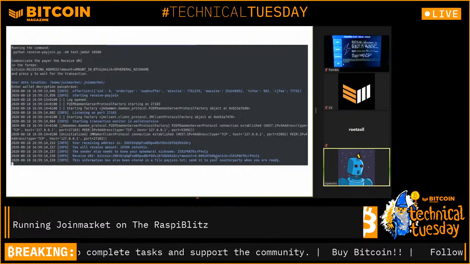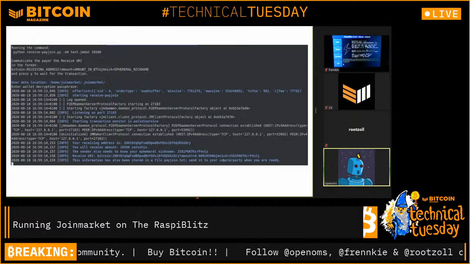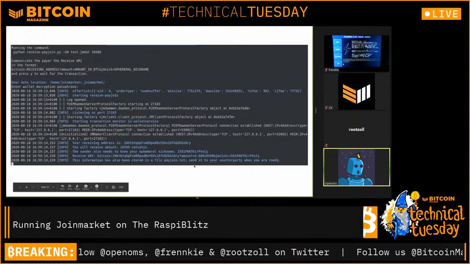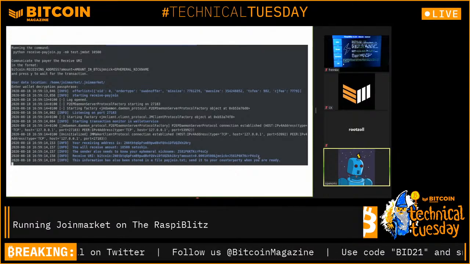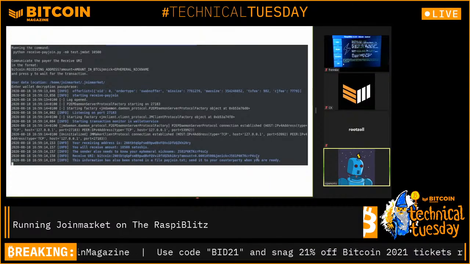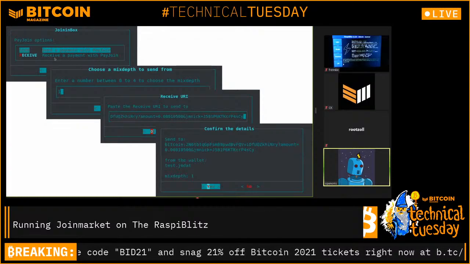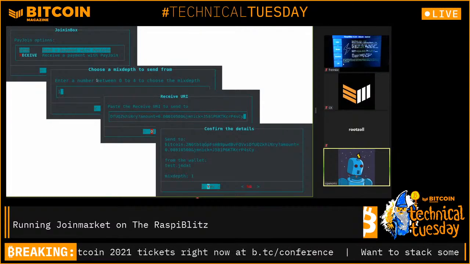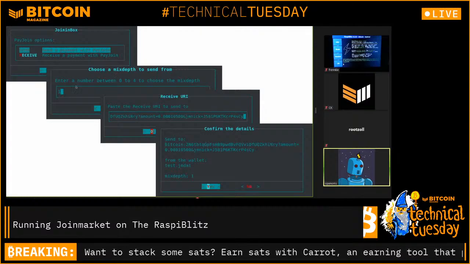nickname. So if you would have an HTTPS website here instead, then it would be very similar to what the BIP78 protocol is about. But in this case, you would just communicate this BIP21 URL to the person who would pay you. And then here we come to the send payment option, which can be done from the command line, but through how it looks in the menu, you would choose send. Again, one step is left out, which is when you are choosing the wallet, then you are choosing the mixdepth